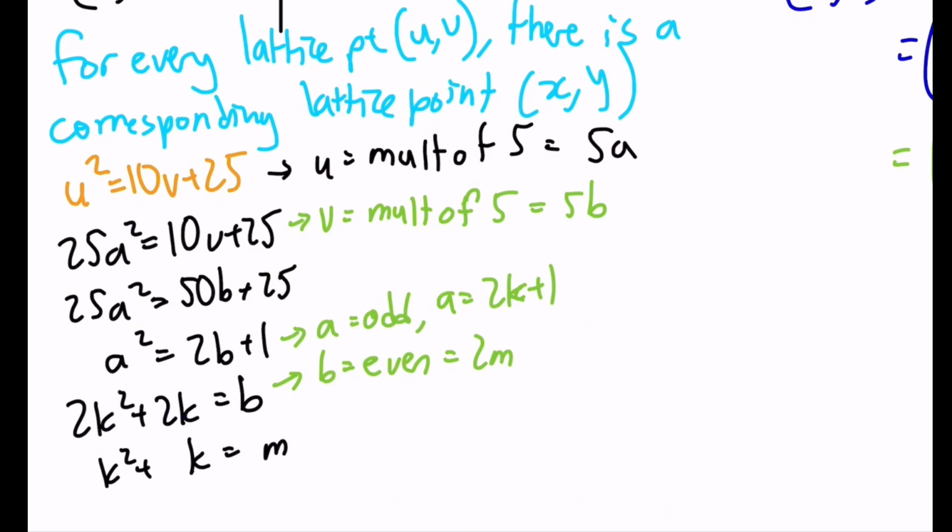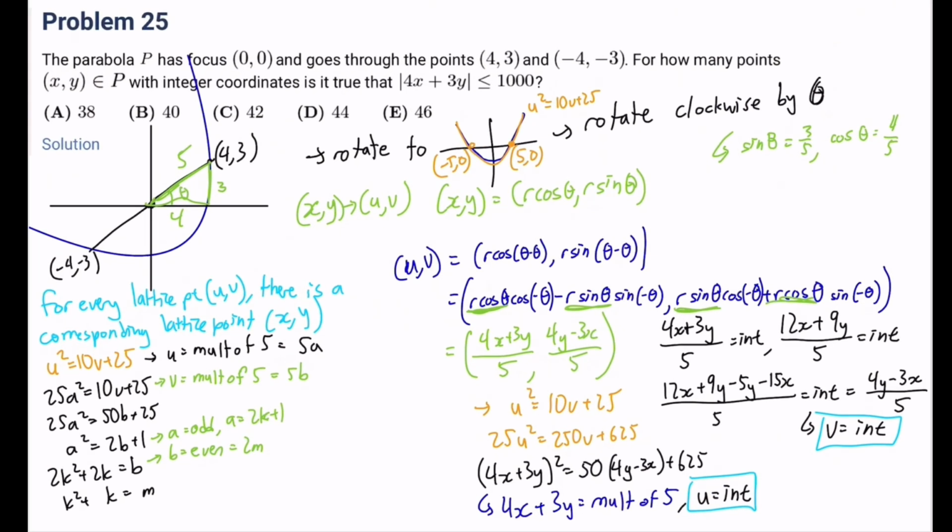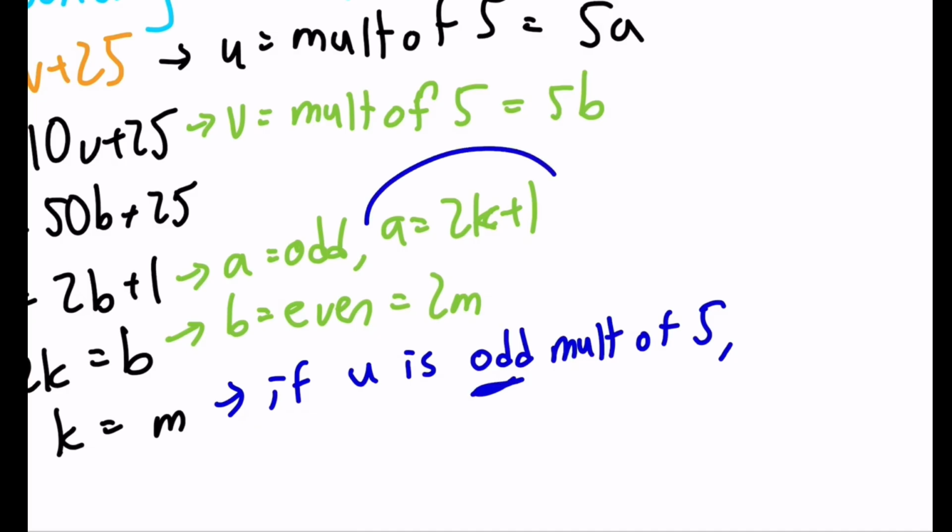And we can only have a set k value if we have a set a value, and we have a set a value when we have a set u value. So this just means that if u is an odd multiple of 5, and it's odd because a has to be 2k plus 1 and u is 5a, so u has to be an odd multiple of 5, then we have a point